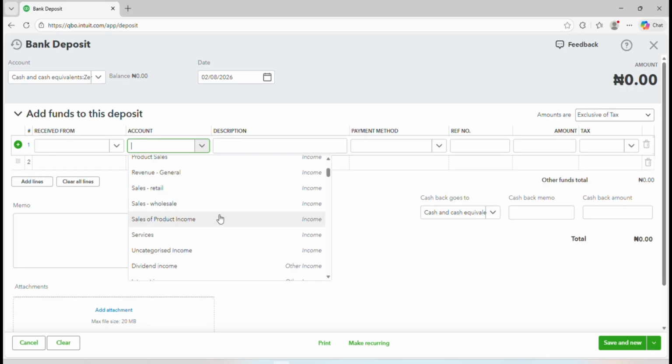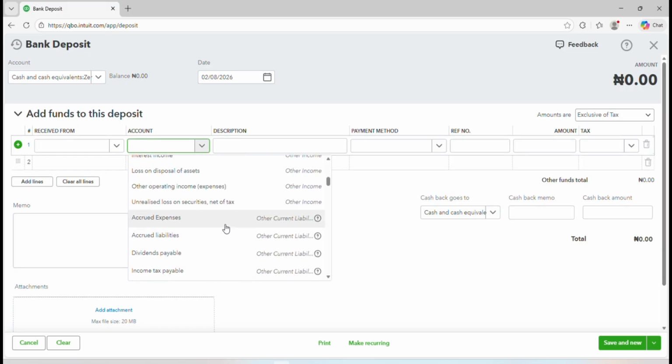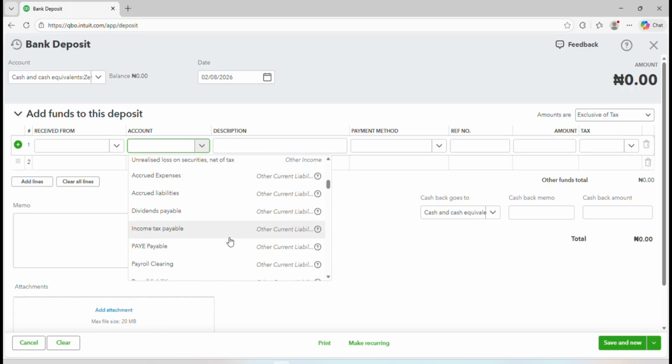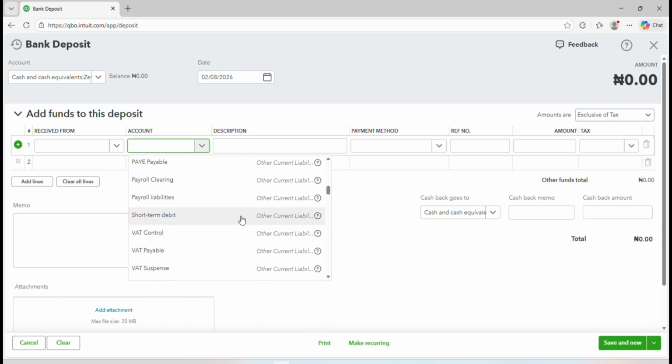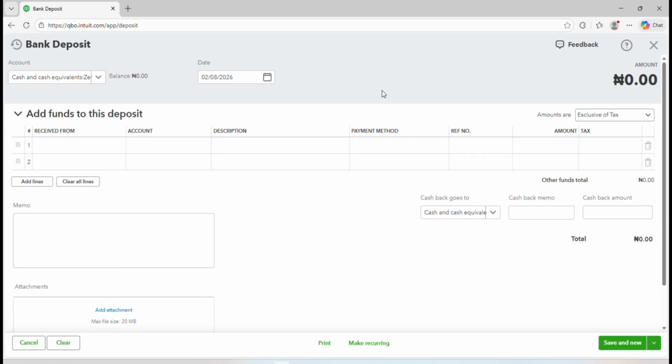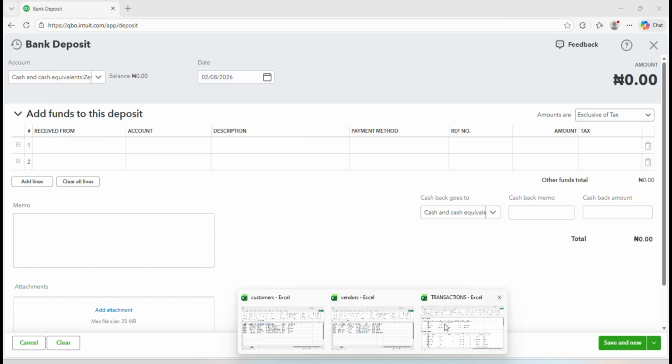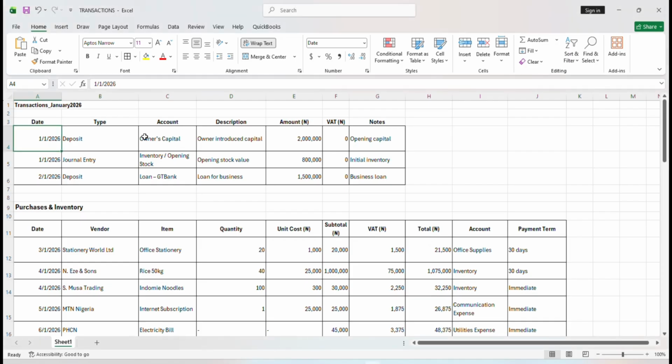This money is supposed to go to our owner's capital, right? It's owner's capital, that's opening balance. Now